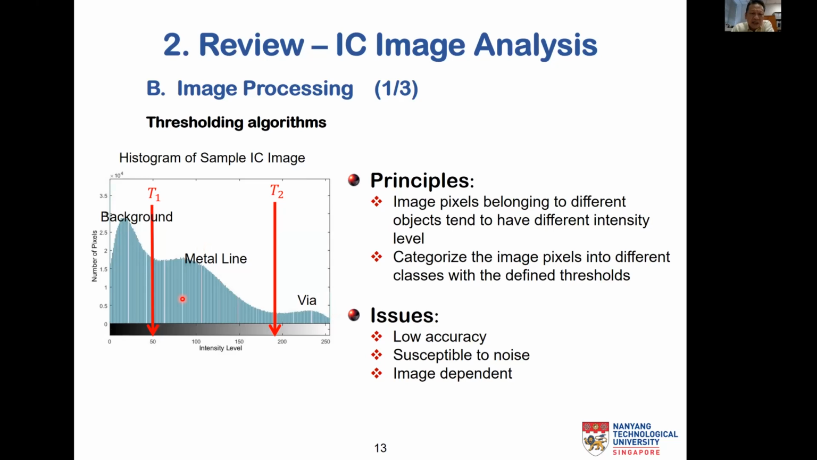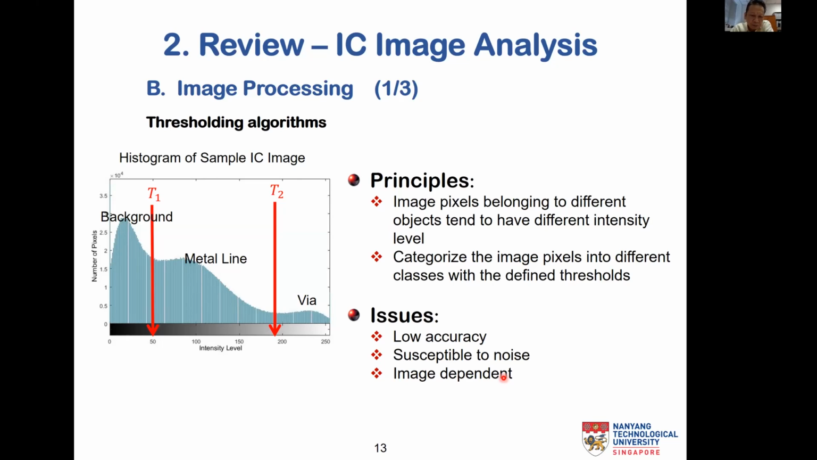So we define two threshold levels. Anything below T1 will be background, in between T1 and T2 will be metal line, and above T2 will be VR. However, this technique is low accuracy, susceptible to noise, and image dependent, which I'll show you